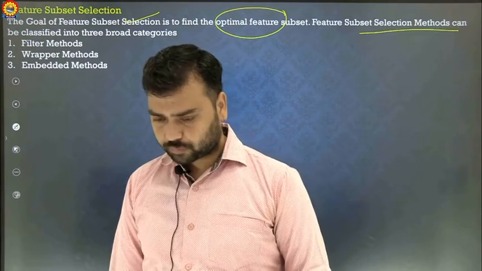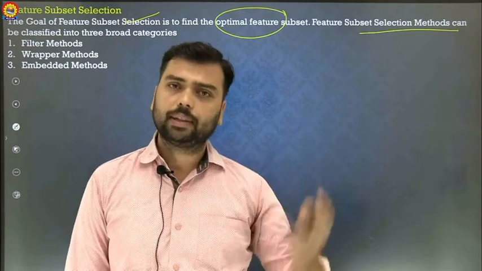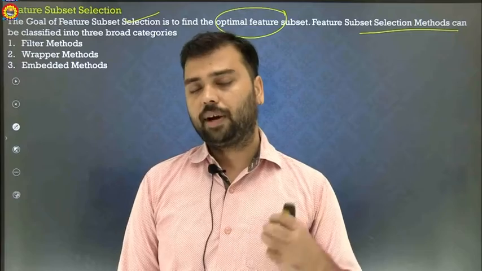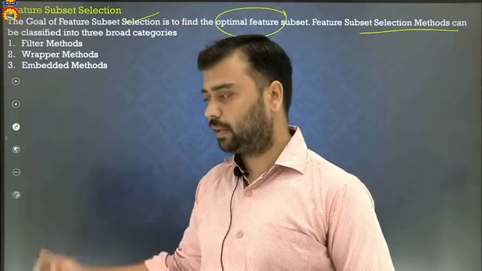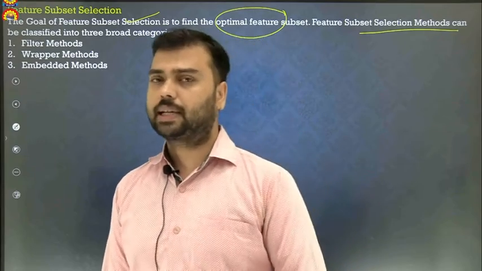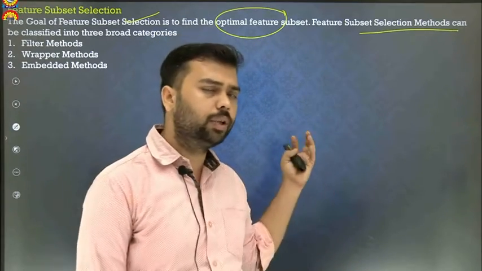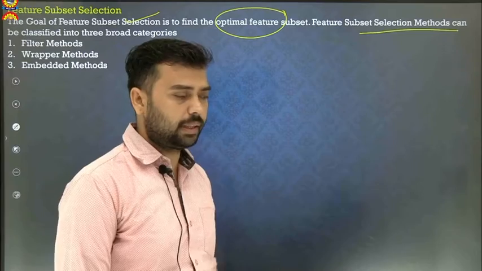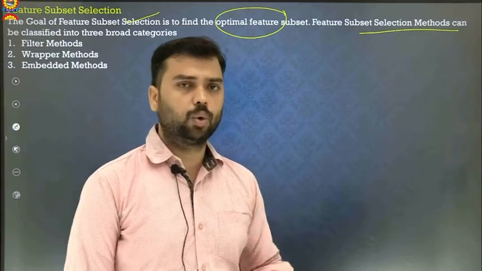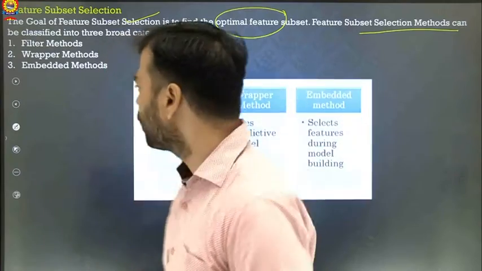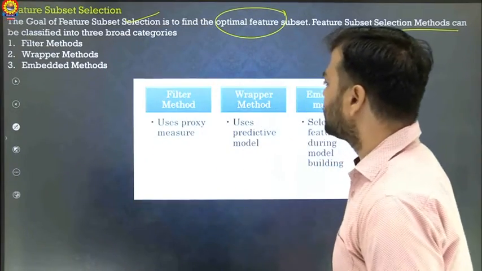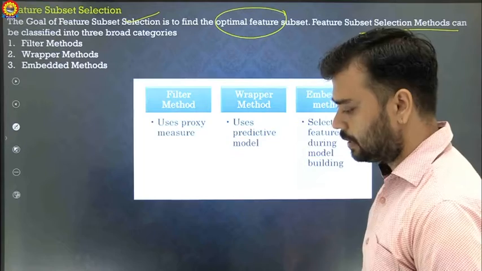Previously we discussed the basics, the foundation of these three methods. Today we discuss some of the theoretical portion: how we can do this and what its use is. In upcoming classes we will discuss the coding portion and the mathematical portion behind it. These three methods are summarized simply.